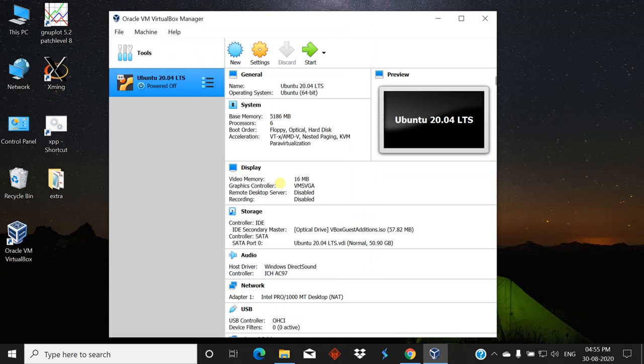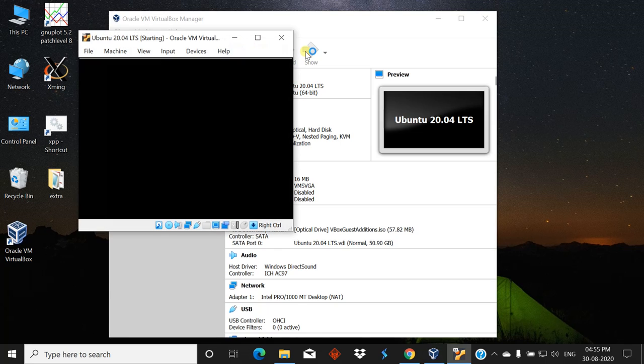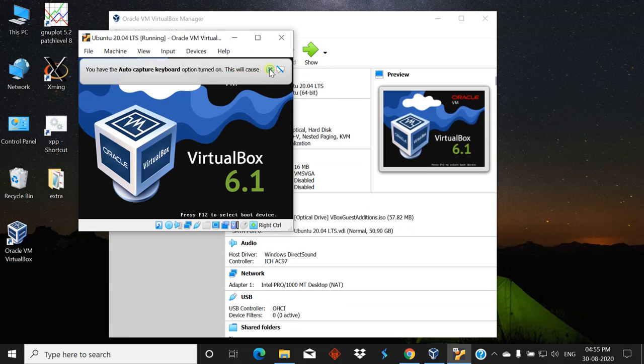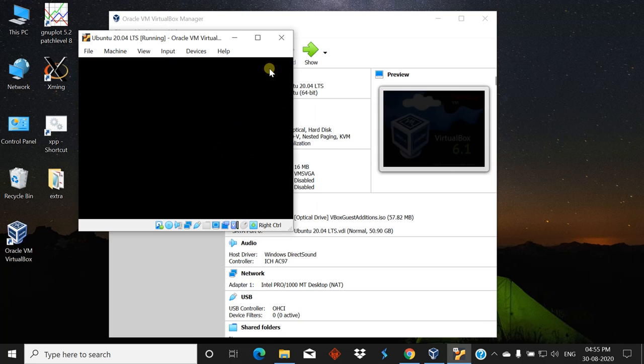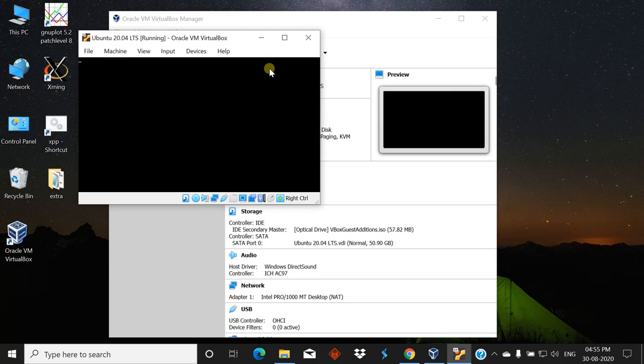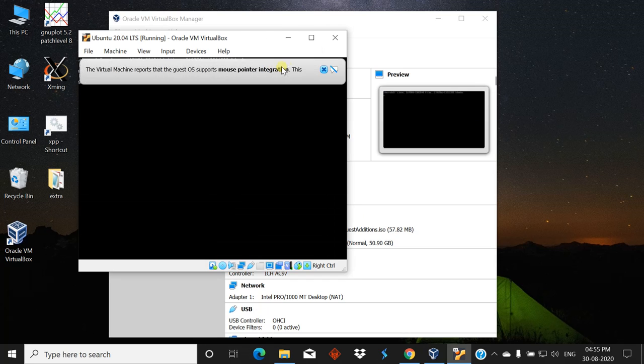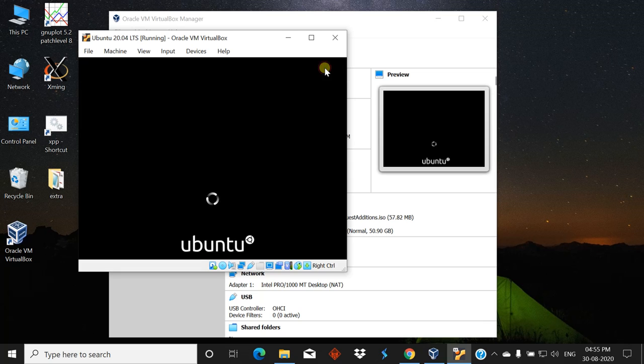Now again start: first select Ubuntu and then click on start. A fresh Ubuntu operating system will be started. Now if I maximize or drag my VirtualBox window, Ubuntu can also maximize.